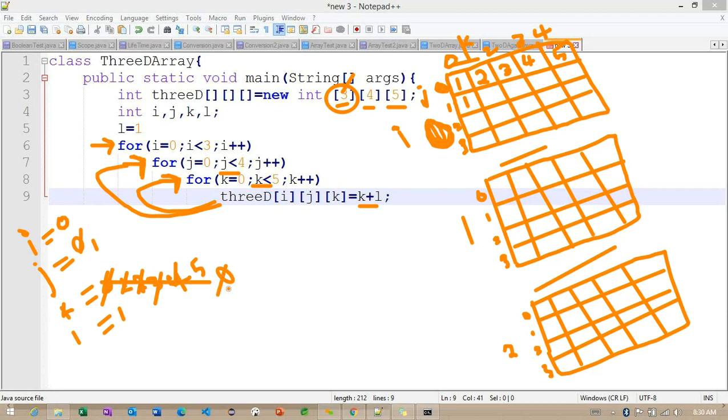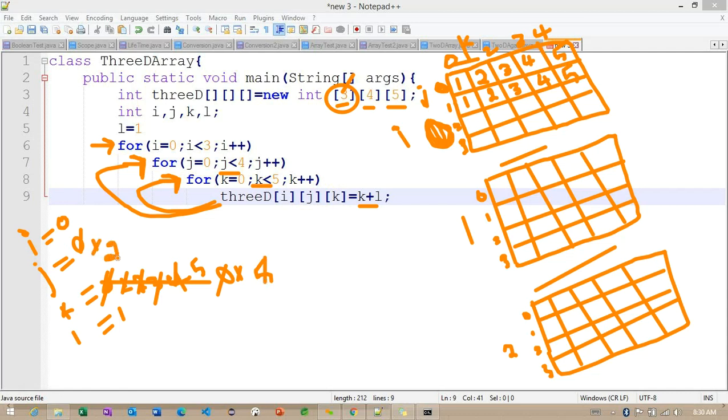And in the same way, the K value is going to increase up to 5. So these are the same values we are going to initialize here. Getting the point? Now at 5, the condition is false. It's going for the J block.